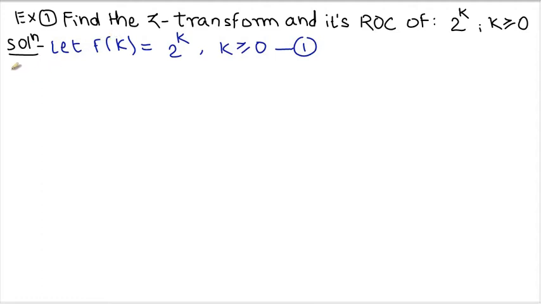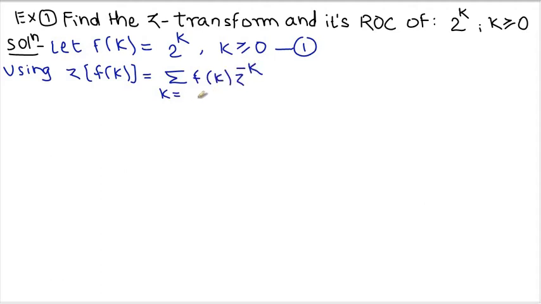And now while finding the Z transform, I will use its definition. So I will write here Z transform of f of k. So what is the Z transform? Its formula is summation over k, with lower and upper limits, of f of k into z raised to minus k, right? Now check here. Here k is greater than or equal to 0. That means values of k start with 0 and go on: 1, 2, 3, 4 up to infinity. So limits for k are 0 to infinity.